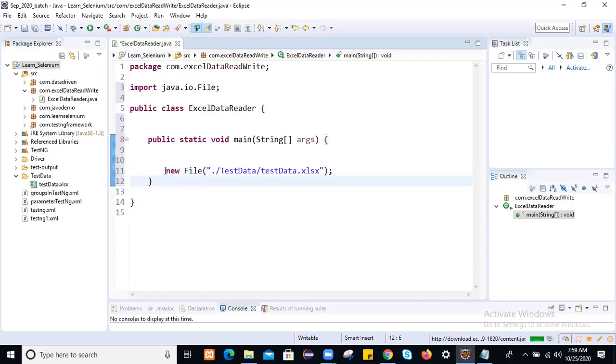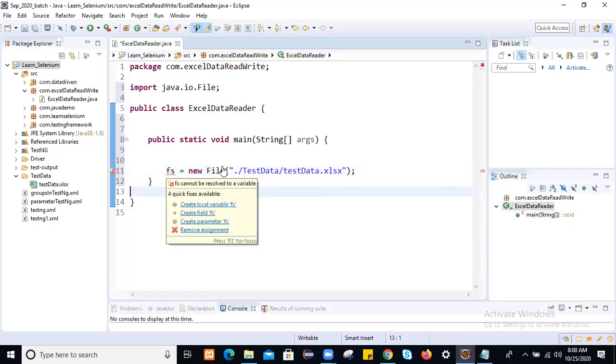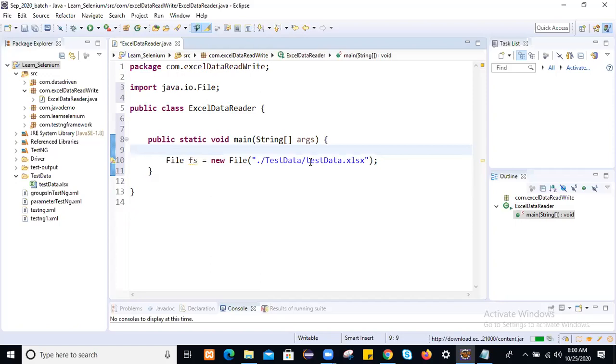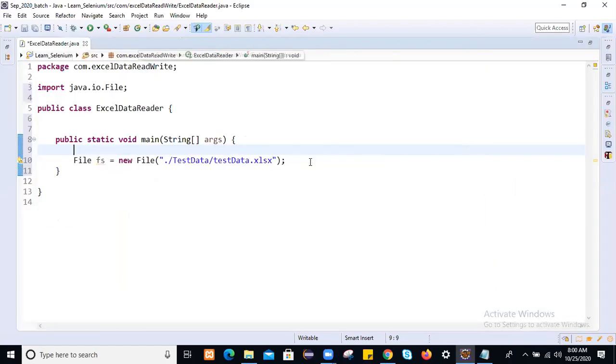By using the File class, we are going to load this file. So this is my file. I will create a local variable, meaning I'm going to create a reference for this. Once you have loaded this file, which operation are we going to perform? To perform any read operation, we use input stream classes. How many input stream classes do we have? We have FileReader, then BufferedReader, which is the most enhanced reader. As well, to read any stream, we can use the FileInputStream class.